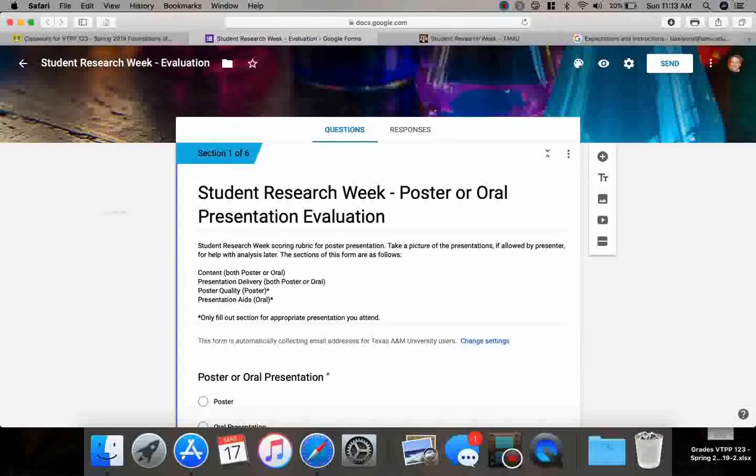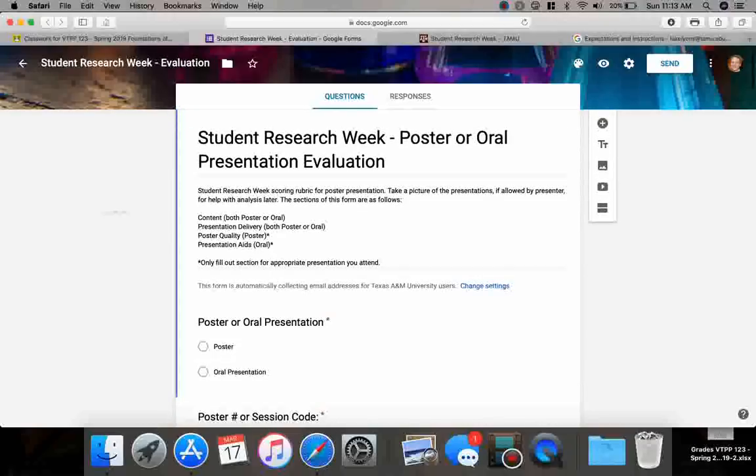The Google form. Now, this isn't the view that y'all will have. This is my editing view. But Section 1 of 6, the first thing is instructions. Student Research Week scoring rubric. Take a picture of presentations if allowed by the presenter. Ask them. If it's an